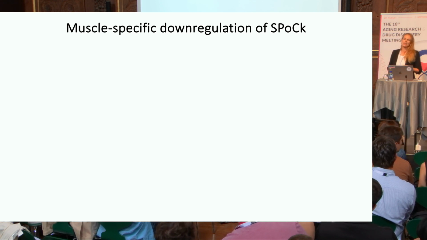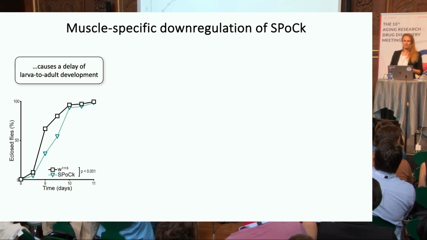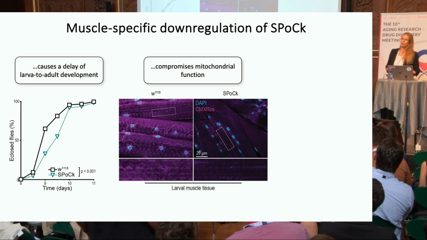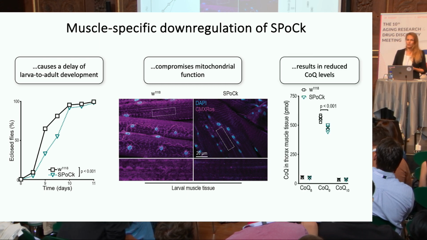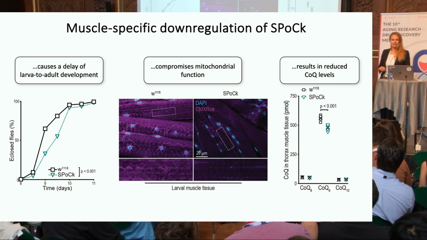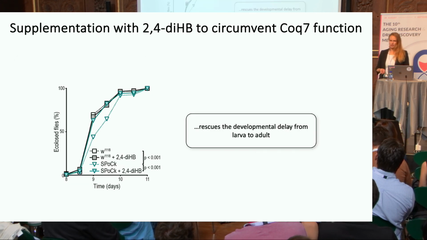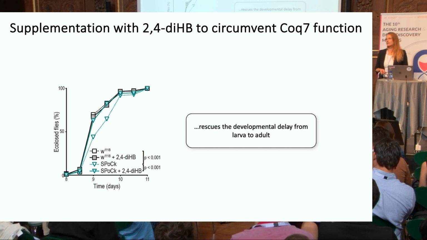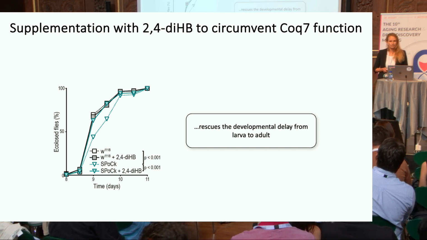And she assessed larval to adult developmental time and found that the depletion of SPOC causes a developmental delay that is accompanied by compromised mitochondrial function, visible here in larval muscle tissue stained with MitoTracker to visualize mitochondrial transmembrane potential. And again, this was accompanied by reduced CoQ levels. And lastly, this developmental defect could be overcome by supplementing with DHB, the head group precursor that bypasses the COX-7 catalyzed reaction. So to sum this up,